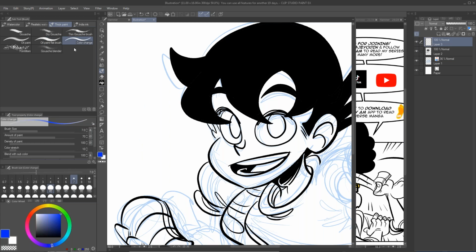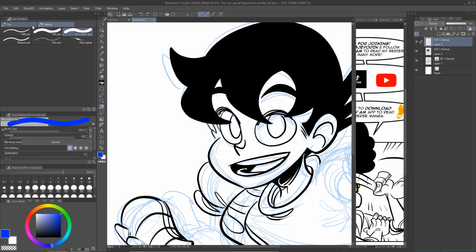So I'm still definitely learning. That's the one thing I love the most about Clip Studio Paint. There's so much at your fingertips that you can constantly go through every single brush and become a master of everything. Obviously you need a lot of time, but I usually just gravitate towards the ones I've used for so long. So the real G pen and all that jazz.